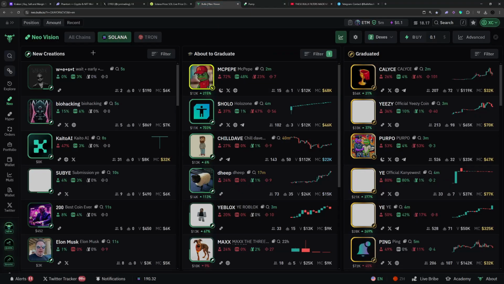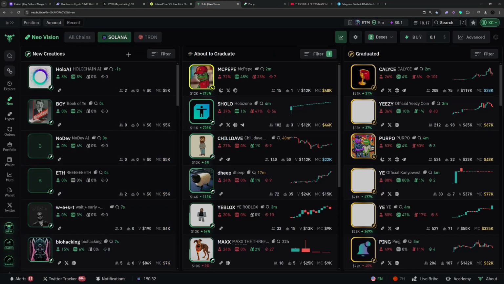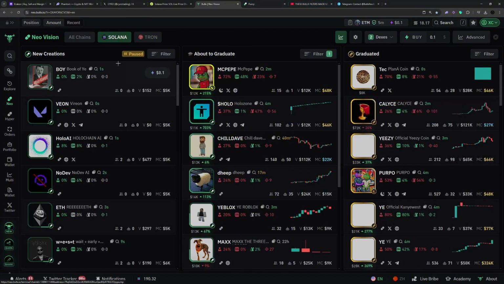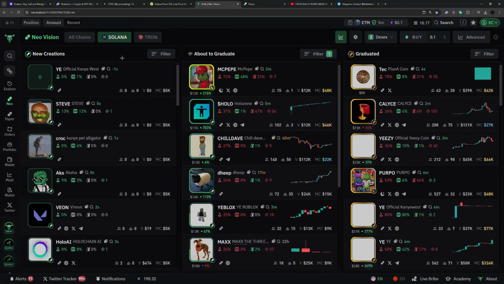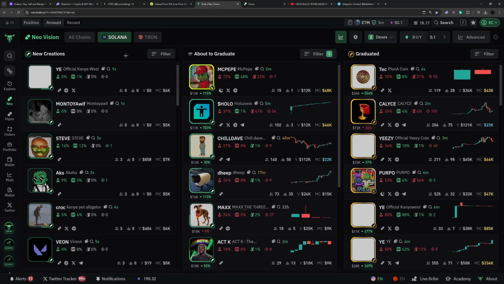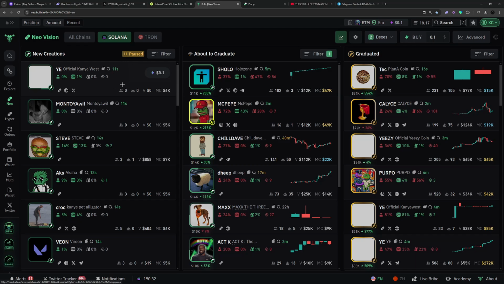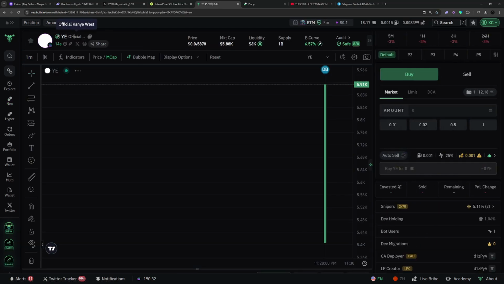This is the tokens you're going to be seeing on this platform, BullX. We are going to be trading these tokens. So the next thing you need to understand is, what is a contract address? A contract address is basically a unique code that links back to your token. So I'll click on a random coin, for example. Official Kanye West, it's got the ticker name YE, Y-E. So if I was to type in YE,